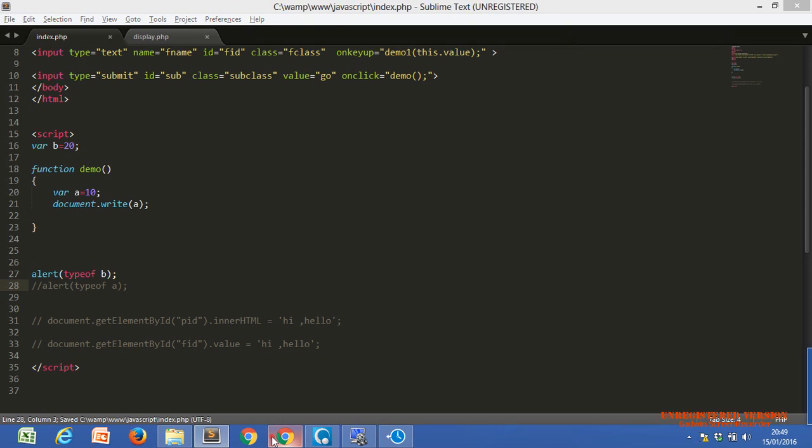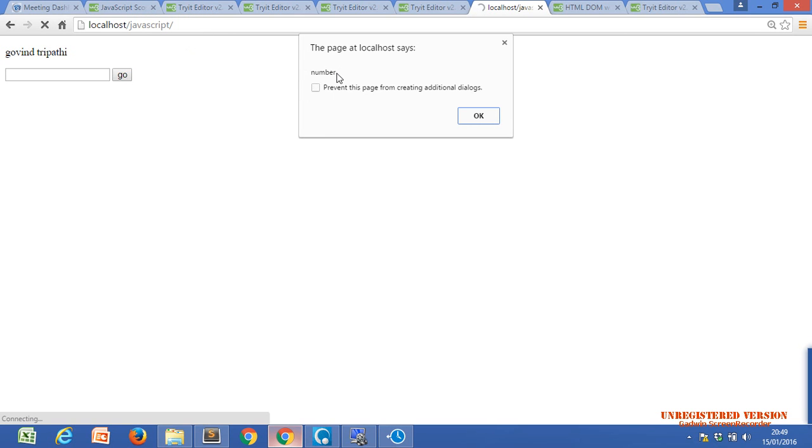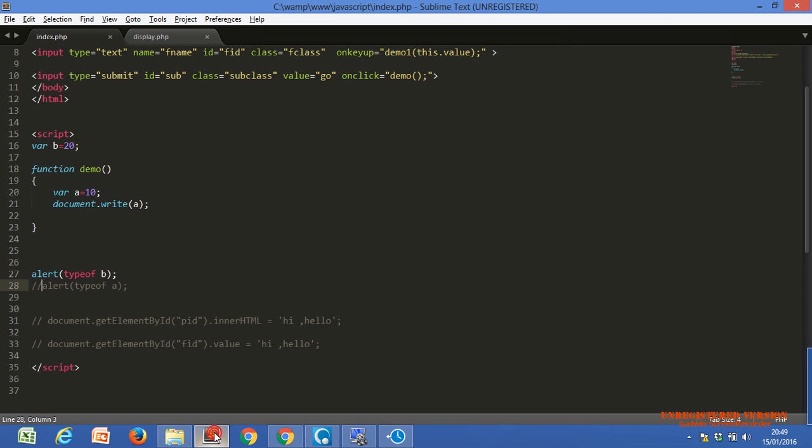Let's see, it will give you the type number. The typeof keyword in JavaScript is used to check the data type of our variable. Okay, Kushi?